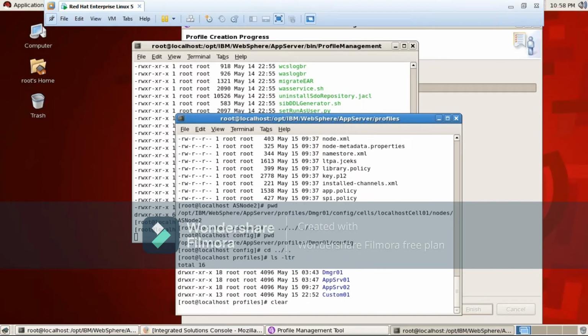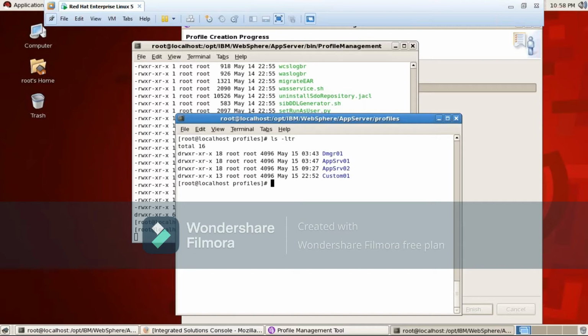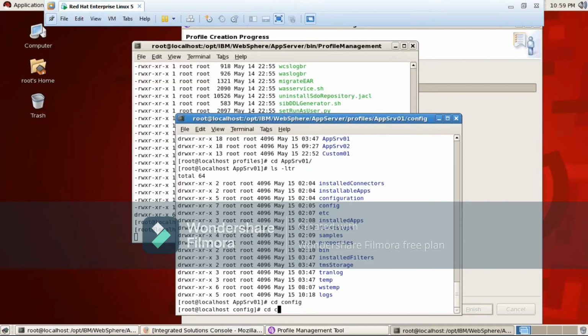So first, which one did we federate? We federated AS app server 1, right? Let me go inside app server 1. Okay, let's do ls -ltr and go to the config, then go to the cells.